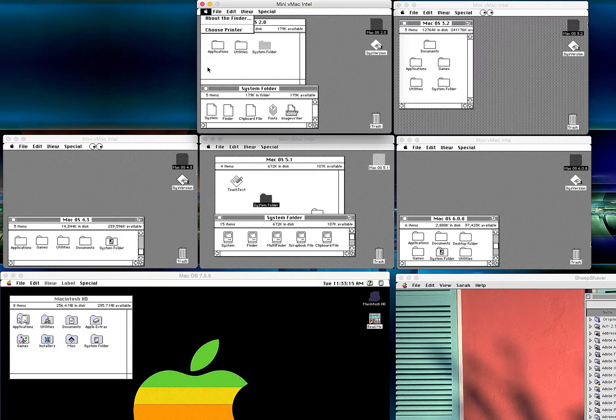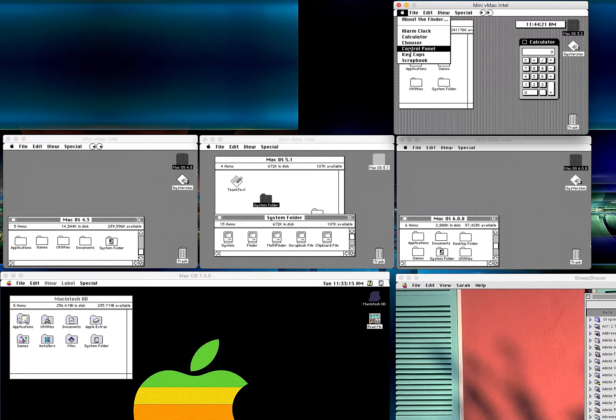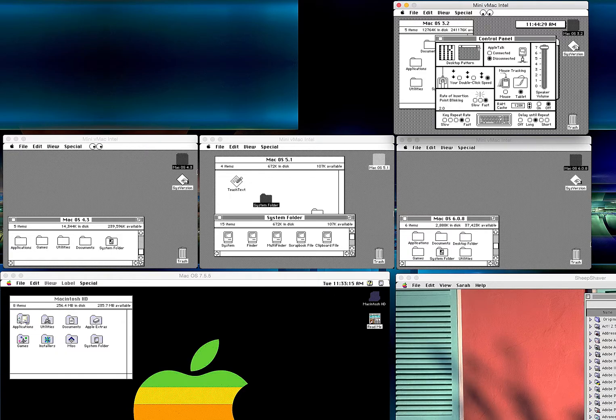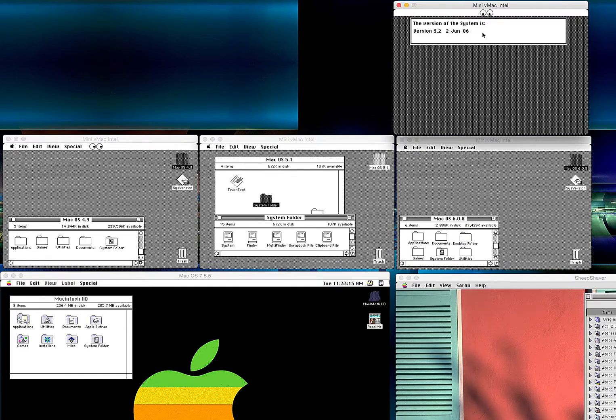They're pretty cool. The one I like the best is System 7. It's pretty amazing what you can do. You can do almost anything. You can run games and everything. Here's System 3. So here in System 3, June of '86,